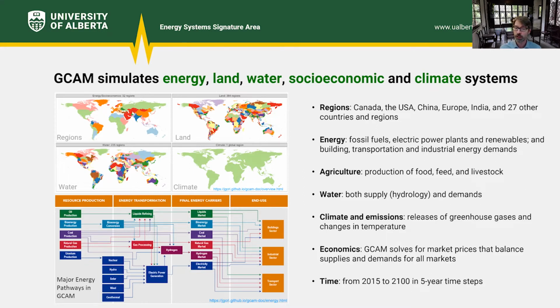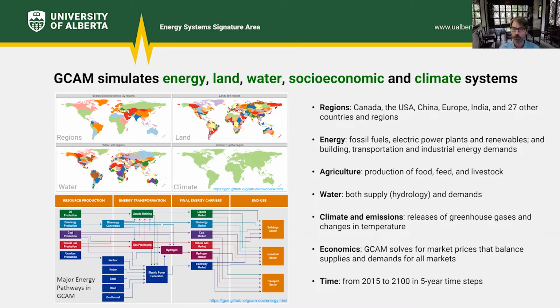In terms of energy, it models fossil fuels, so resource production, through electric power plants and renewables. That's the energy transformation component. And then it also simulates end uses in the building, transportation, and industrial sectors. And you can see a little bit more about how that component of the model works in the bottom left-hand